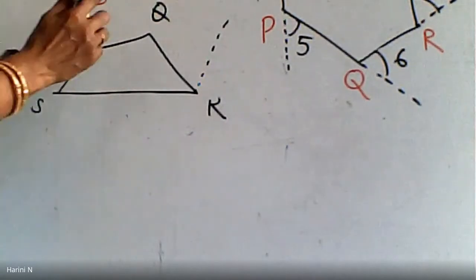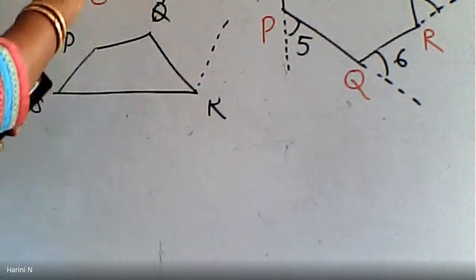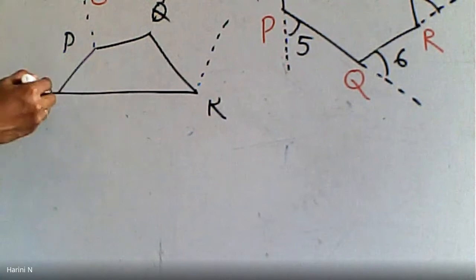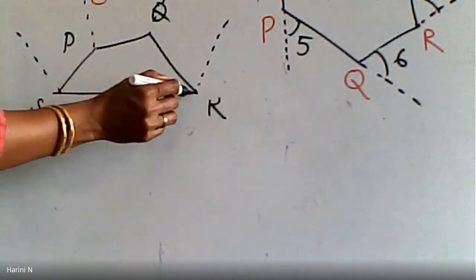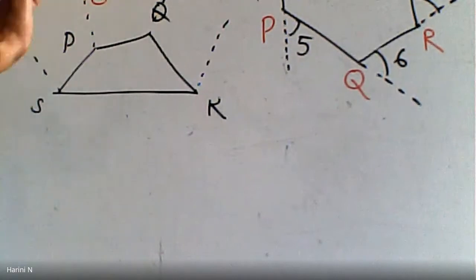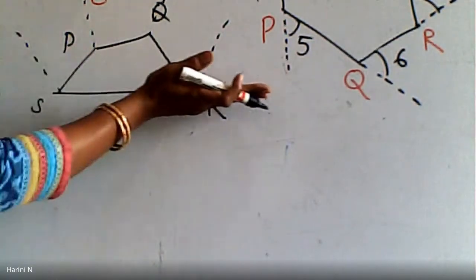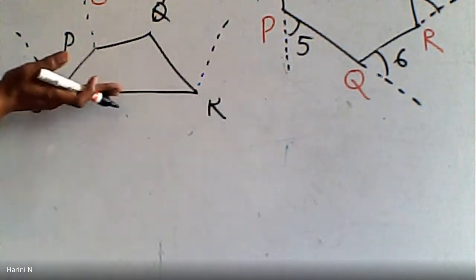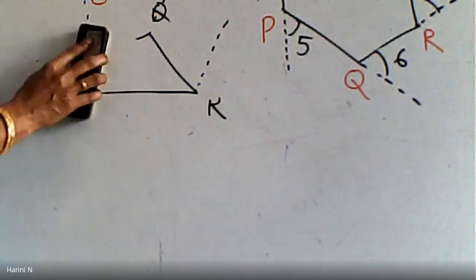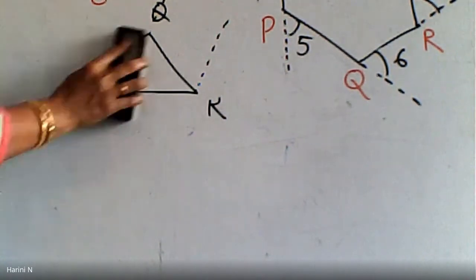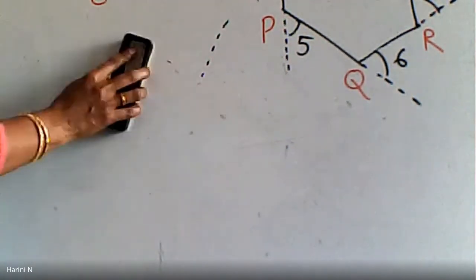Somewhere you will draw like this. Somewhere this side you will extend. Then somewhere one line will come like this. Somewhere one line. Because I am keeping the scale, you will simply keep the scale at the vertex and draw a line. It is not like that. On the side ge adjacent agi scale ne itkondu, you have to extend the sides of the quadrilateral only, not extend any line from the vertex. Is that clear? So this is a common mistake which happens in most of you.